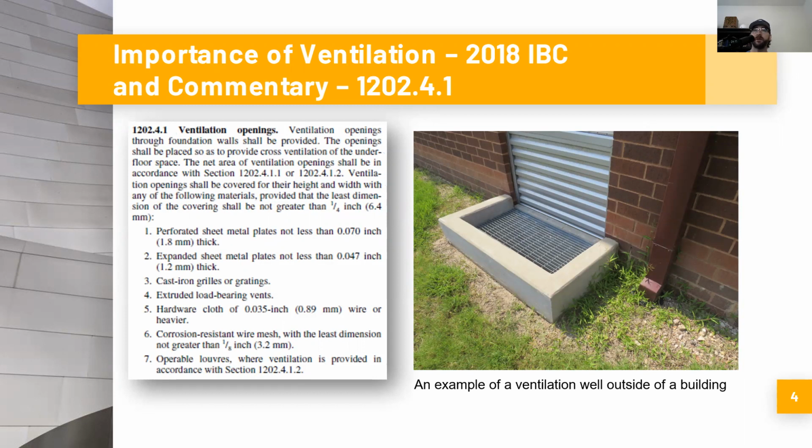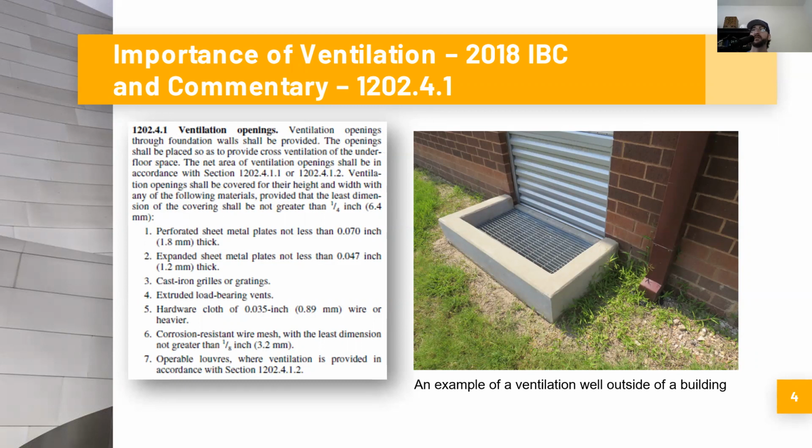1202.4.1. This is what we call the passive or natural ventilation option. And this is where you actually just construct openings in the crawl space to allow air to freely move in and out. So here's what this code section says. Ventilation openings through foundation walls shall be provided. The openings shall be placed so as to provide cross ventilation of the underfloor space. The net area of ventilation openings shall be in accordance with section 1202.4.1.1 or